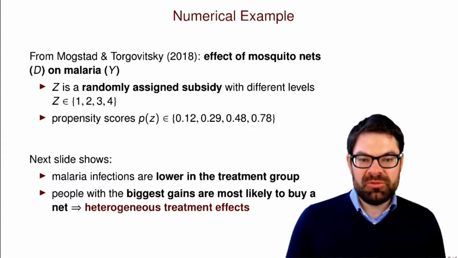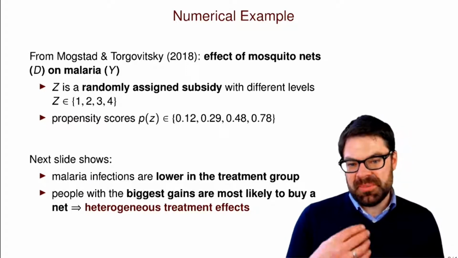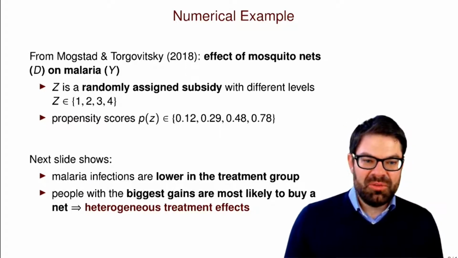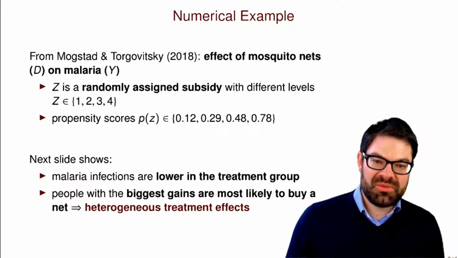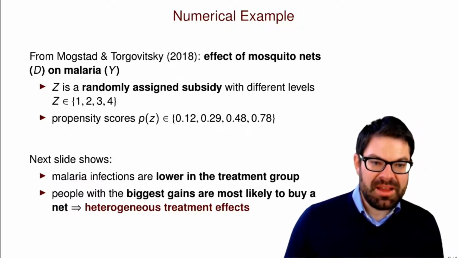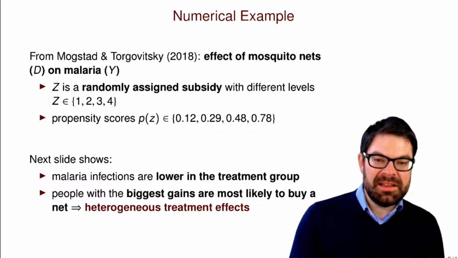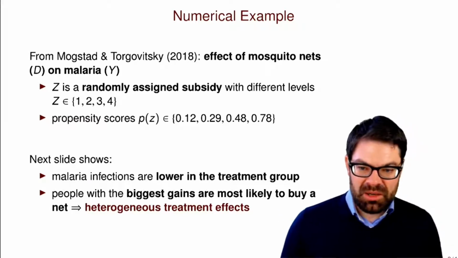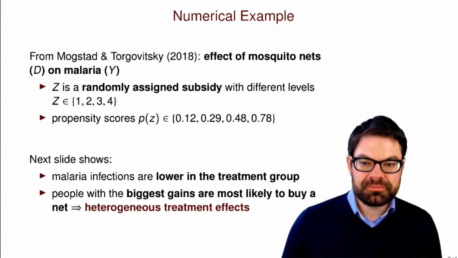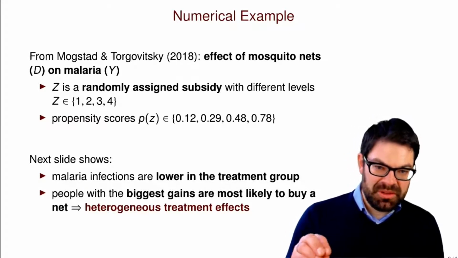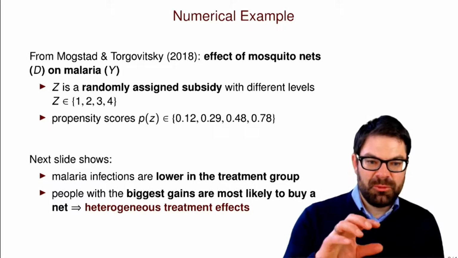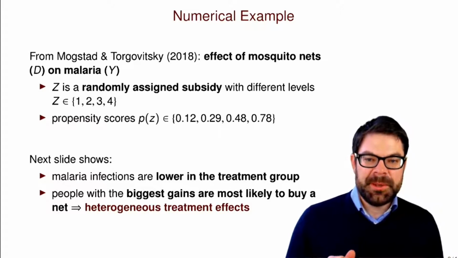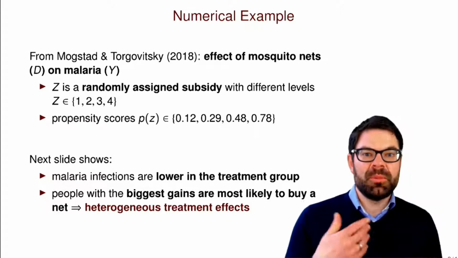And what they also then report are the propensity scores, which is basically like the first stage, which we see works, right? So people who get a high subsidy are way more likely to actually acquire a mosquito net than people who get a very low subsidy. And based on these 4 propensity scores, and based on the outcomes they observe,